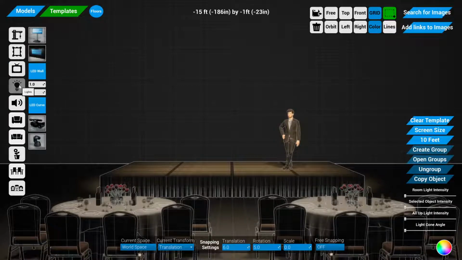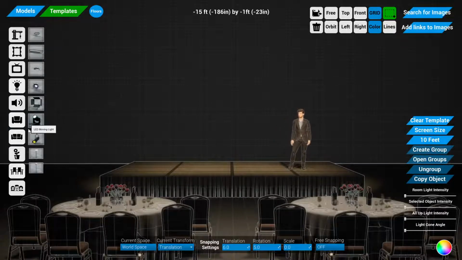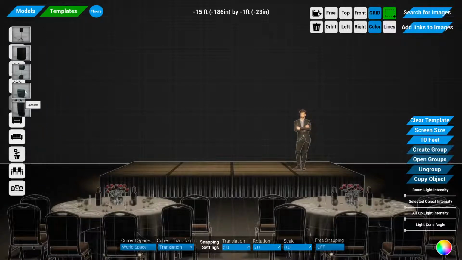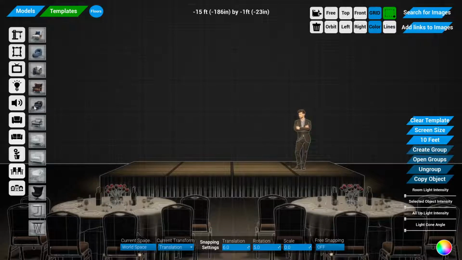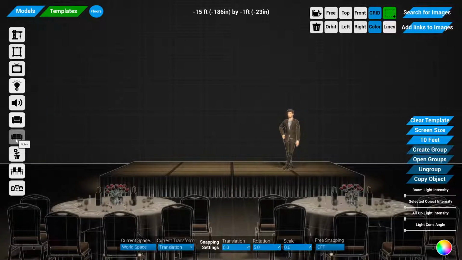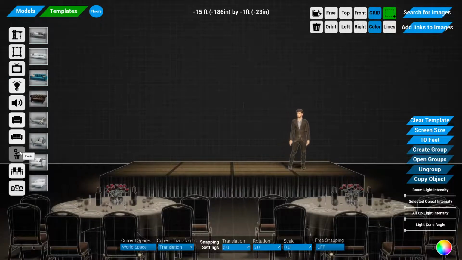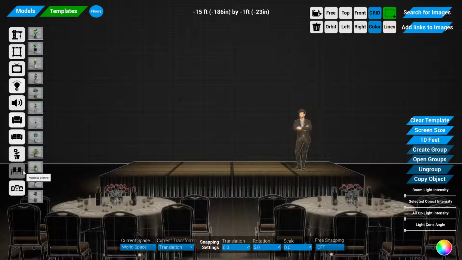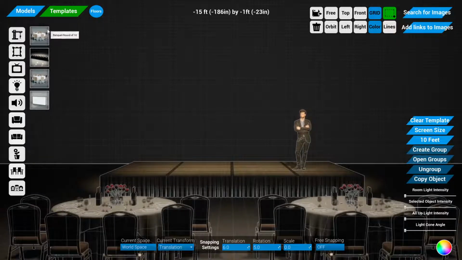So different video options, models and a bunch of different light fixtures to be able to use, audio equipment, chairs. We have some not real chairs, but chairs that might be more stylistic, and then some chairs and pieces from Court for now. We'll definitely add to that, as well as some couches, a bunch of plants that you might want to try,